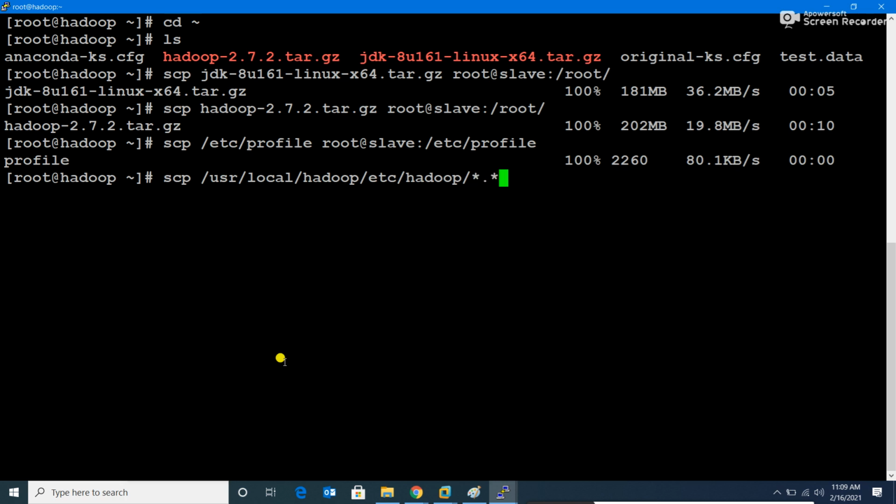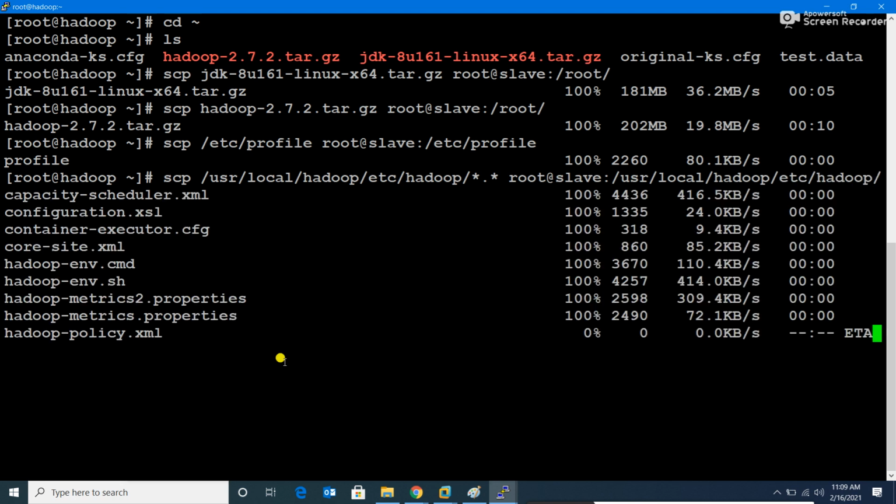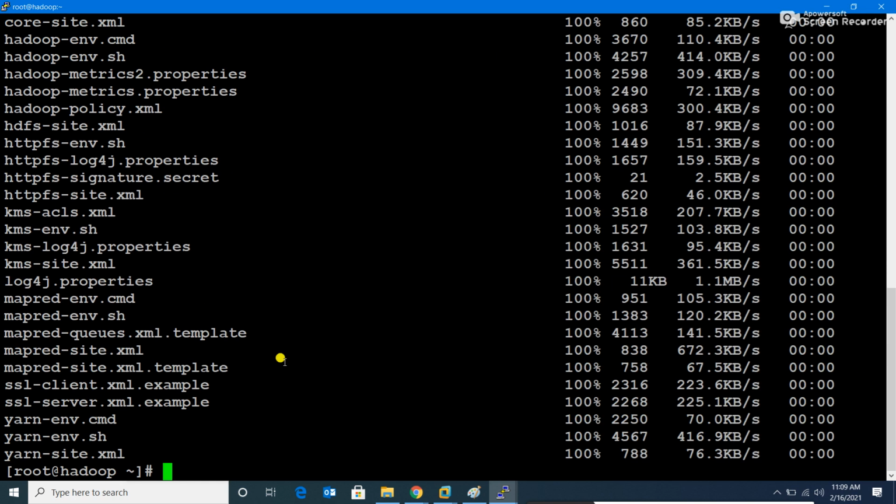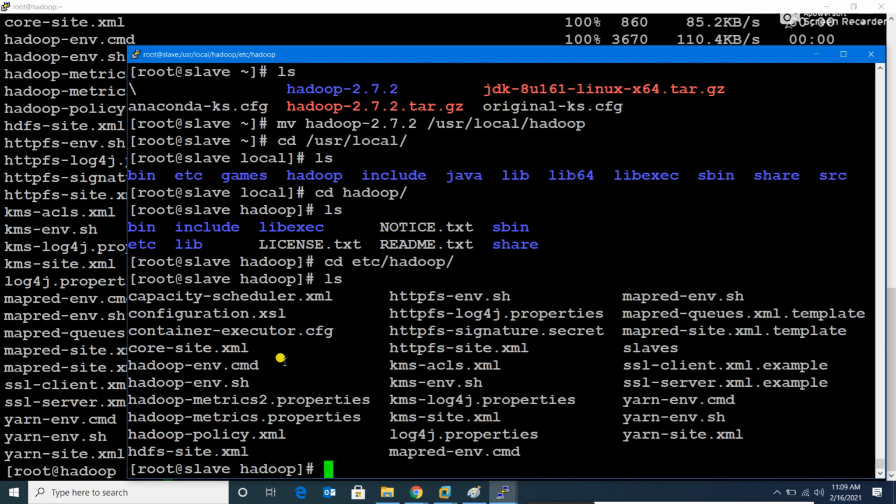Star dot star: all the files, take them from here, put them there. So inside Hadoop, all the files transferred. I just transferred all the files because we have already done the configuration. Now whatever new additional configuration is required, only that much we will do.